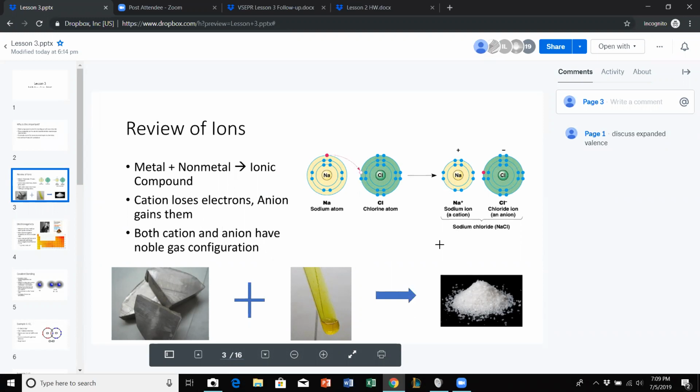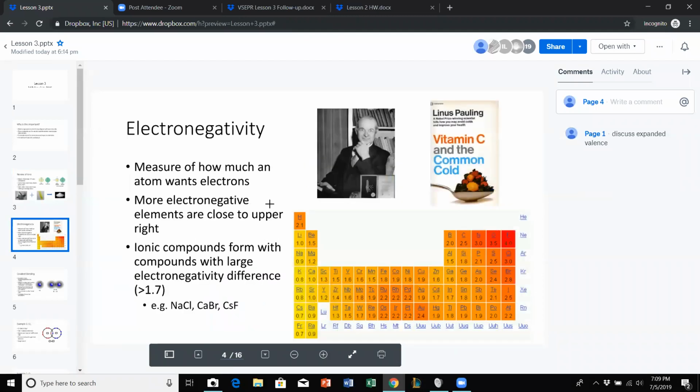So why does this work? The metals are willing to give up their outer electrons, and the nonmetals are willing to accept them, okay? So you might say that the nonmetals have a greater attraction for electrons, and this idea can be summed up with electronegativity. The idea of electronegativity was first formulated by Linus Pauling, the guy whose picture I have here,